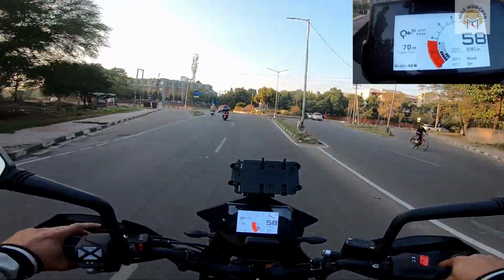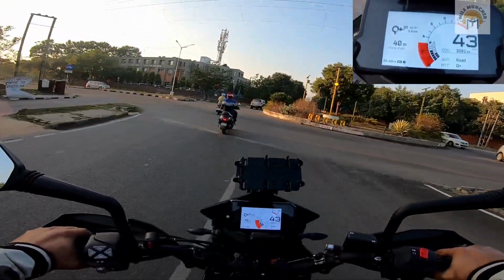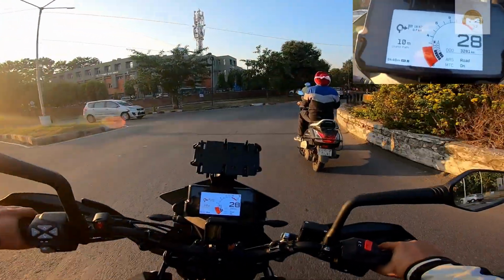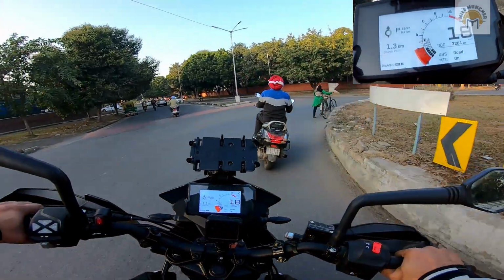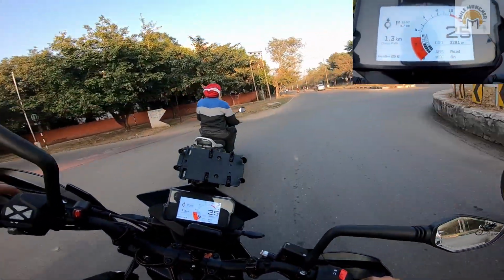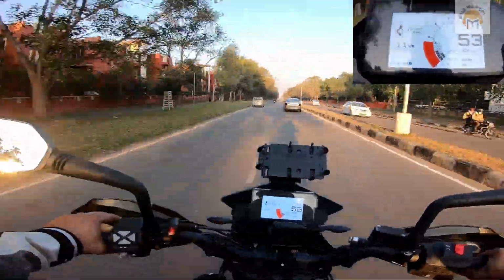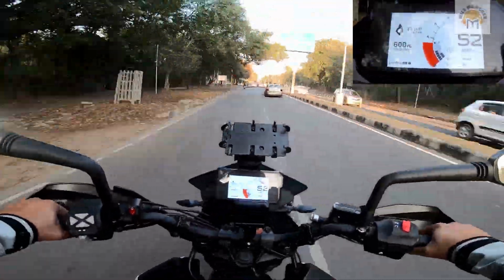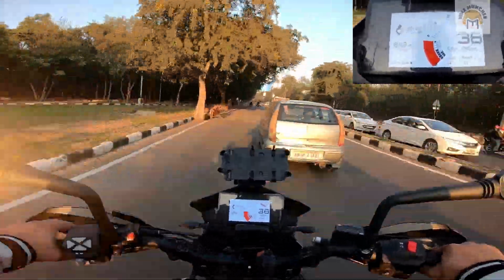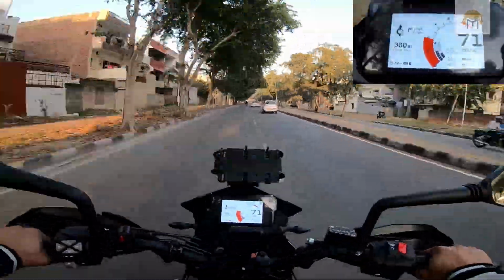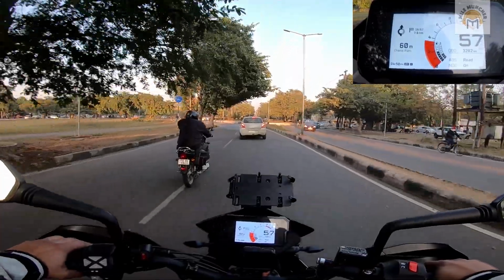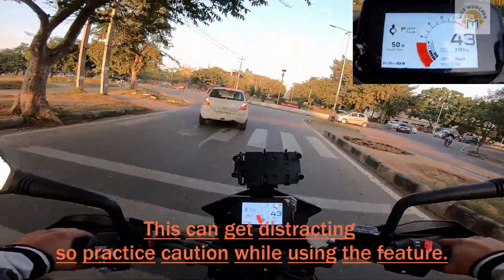So here you go. That's our first roundabout. And you can see it is bang on, it is spot on, there is no lag whatsoever. And this is what we tested throughout our journey towards the Sukhna Lake, which was almost around 10 kilometers. The next video, which will be released very soon, and the details of the same are also shared at the end of this video, is going to be really very interesting.